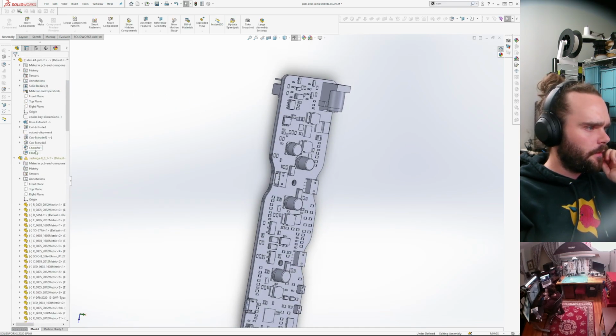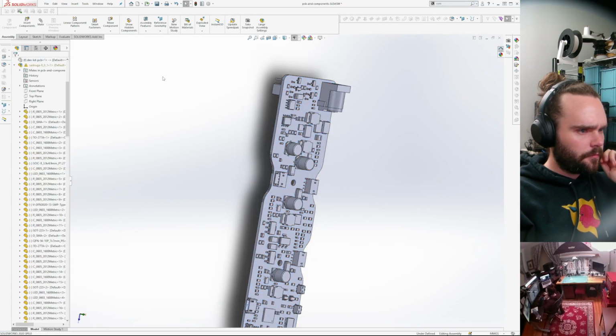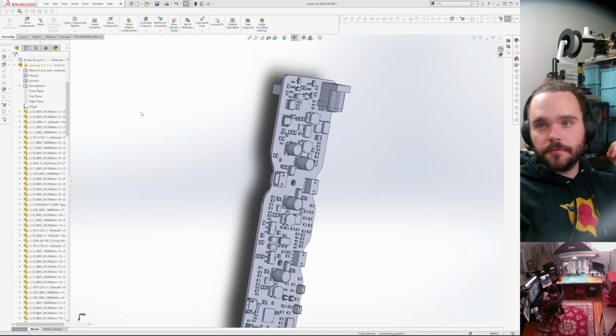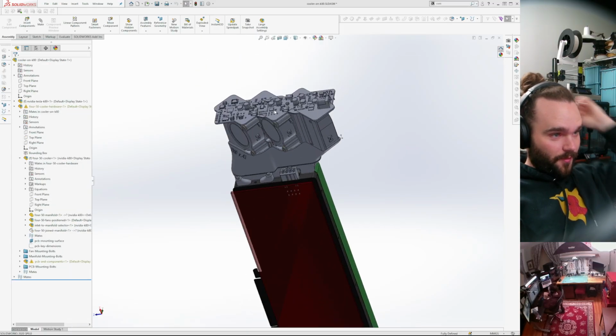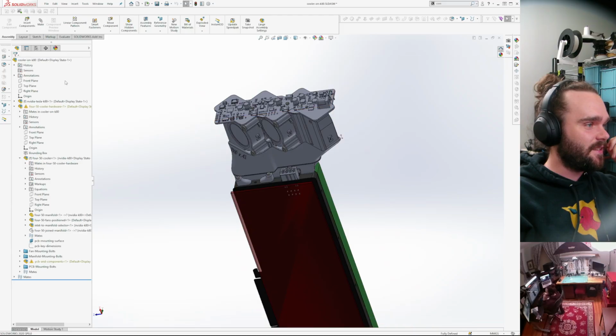Okay. Damn, bros. Holy fuck, this thing looks nuts.